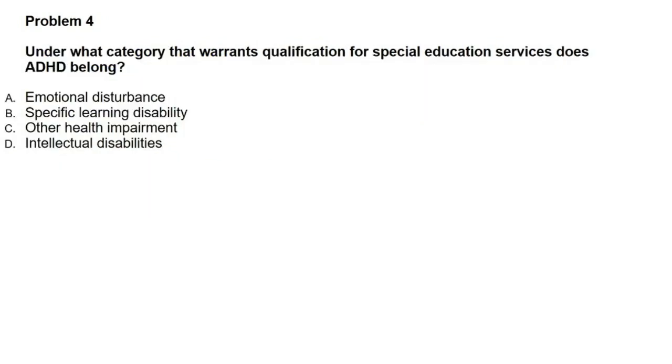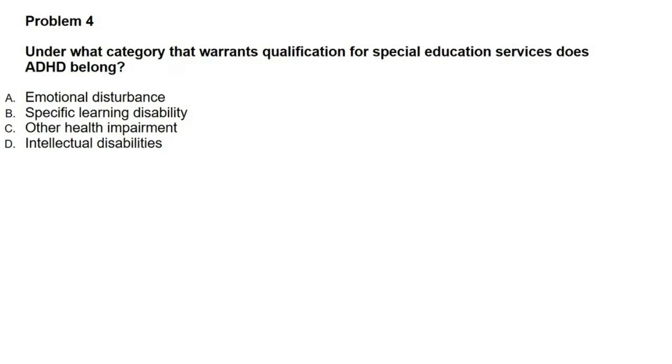Under what category that warrants qualification for special education services does ADHD belong? A, emotional disturbance, B, specific learning disability, C, other health impairment, or D, intellectual disabilities. Choice A, emotional disturbance. ADHD is not known as just an emotional disturbance, so this probably would not be the best answer. B, specific learning disability. Well, this will qualify a student, but it deals with reading or math specifically, so this also would not be